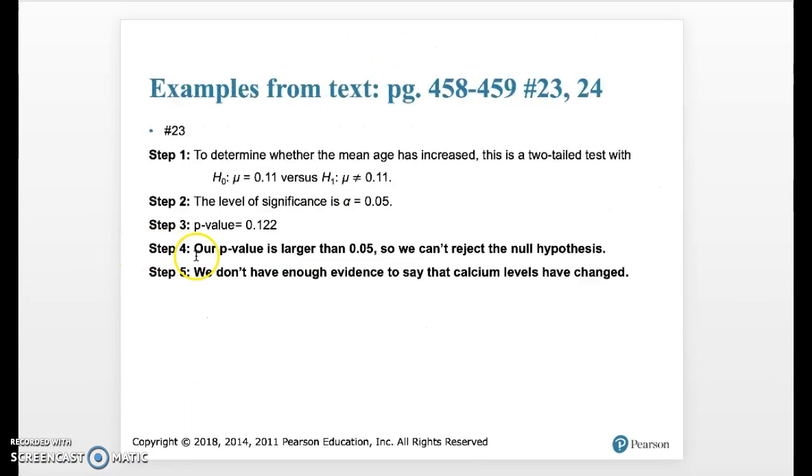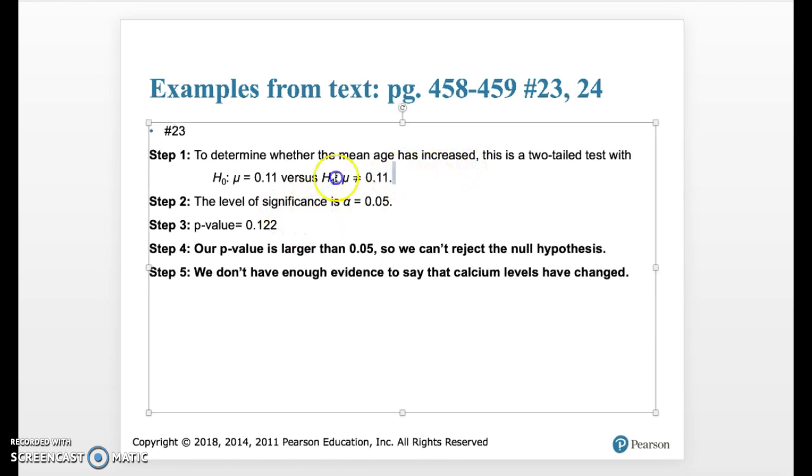So let's wrap this example up by going back to our slide. I do want to point out that with example 23, we were writing down all of our steps, and then in example 24, we talked through these steps but did not write them down. On your final exam, you want to make sure you can write down particularly the first step with the setup and the correct symbols. If you are doing a problem on MyMathLab and they don't ask you to fill in the blanks for the null and alternative,